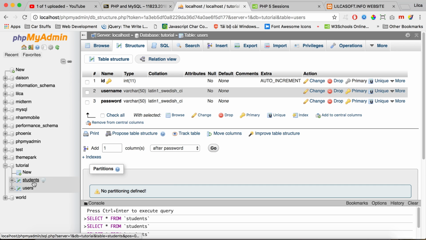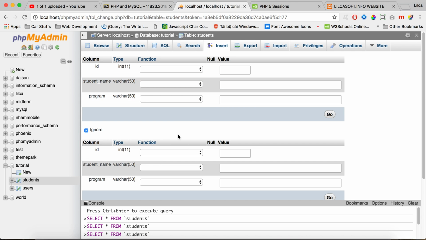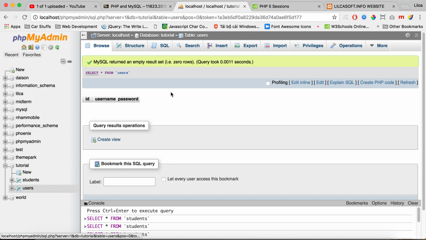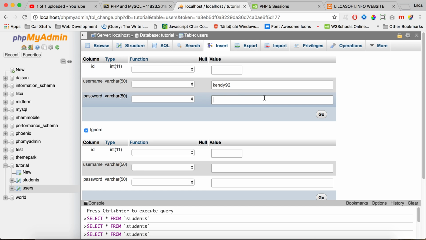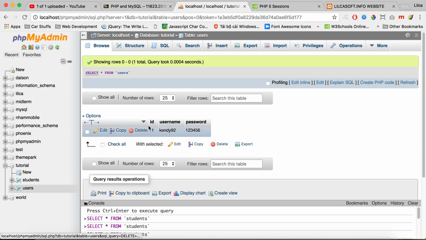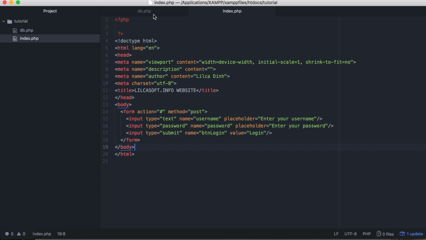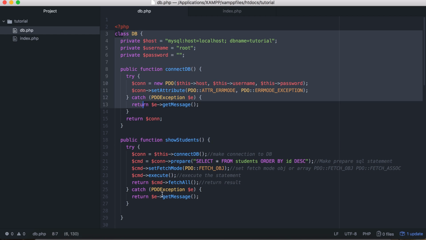And I also need to create some testing user here so I can check. Okay, so I'm gonna say Candy92, 123456. Click go. Okay, so now I have one user here as well. So now if we go back to db.php, in the previous file that we learned so far,